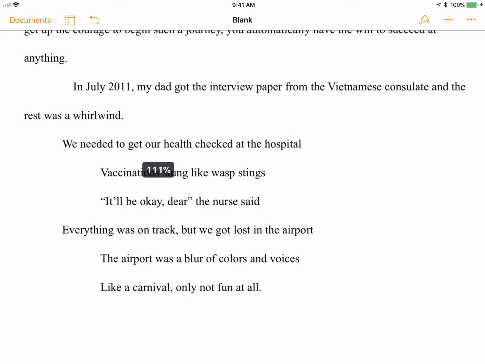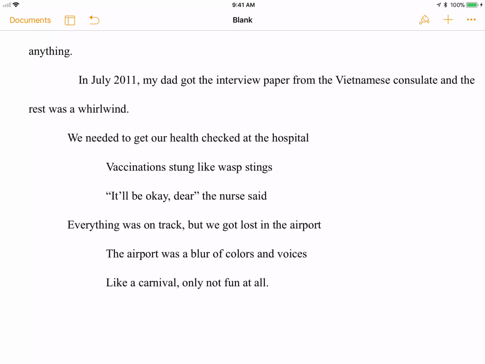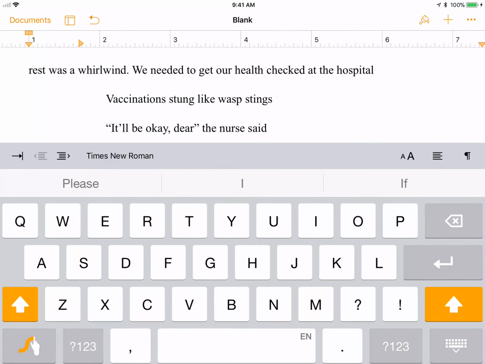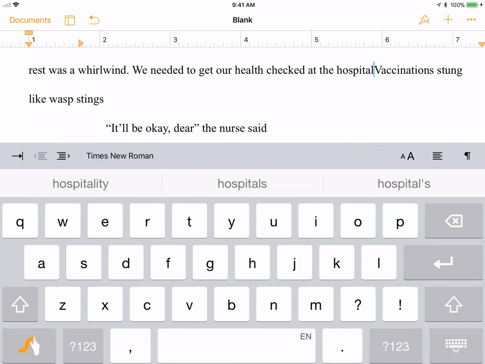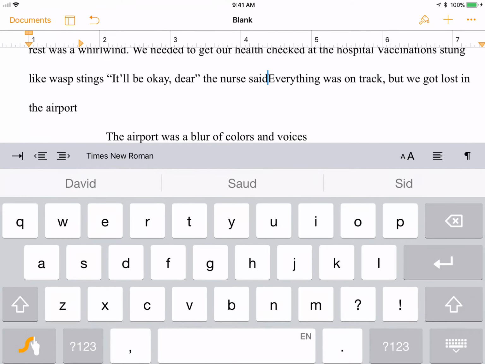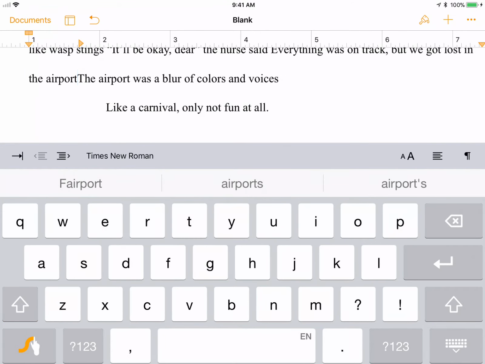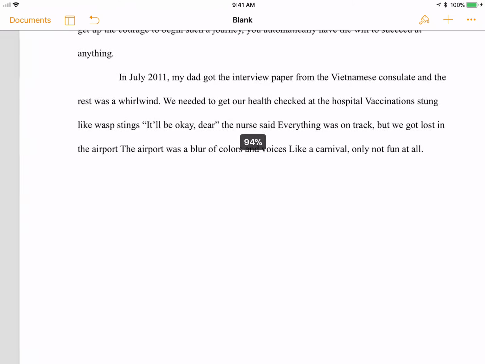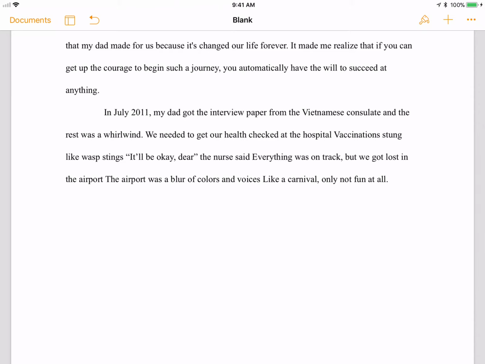But if you think about it, this section right here, from "in July 2011" until the end, is actually going to be our first body paragraph. And all you need to do once you've collapsed out all of that formatting for the outline is hit delete until you've put it into a moderately paragraph-shaped chunk of text. So I'm just hitting delete here, I'm hitting space so that I can make it look like a paragraph. Now it's not a perfect paragraph, it's too short for one thing,